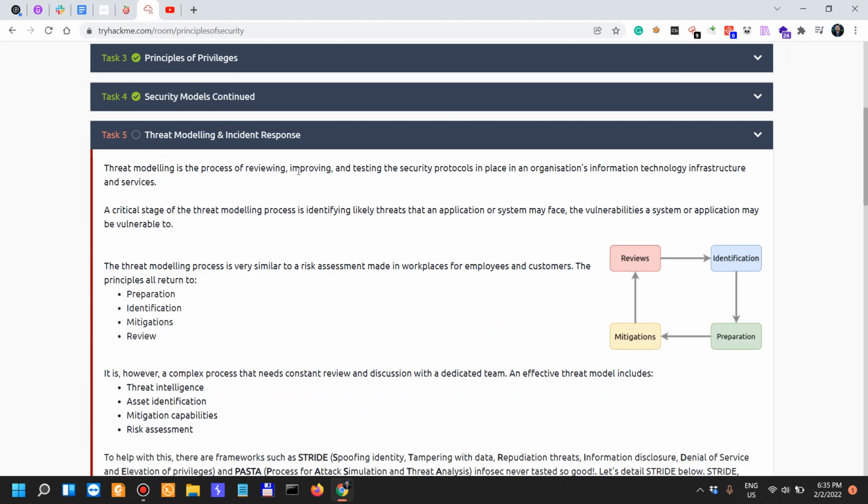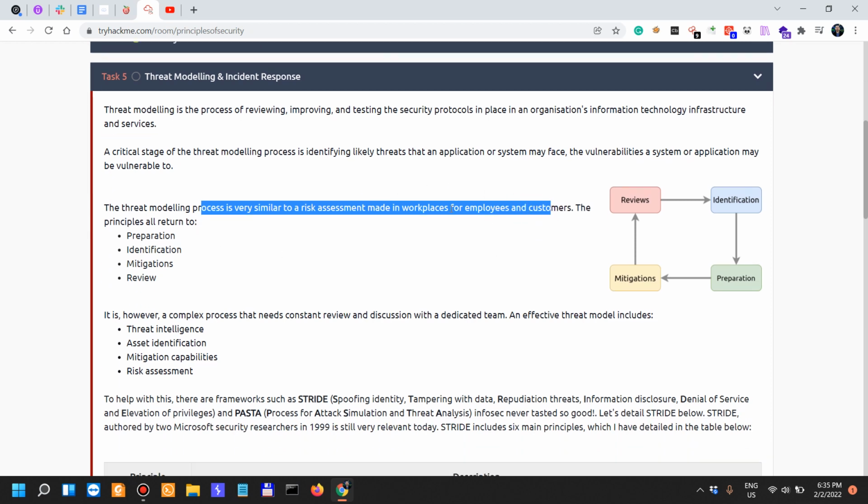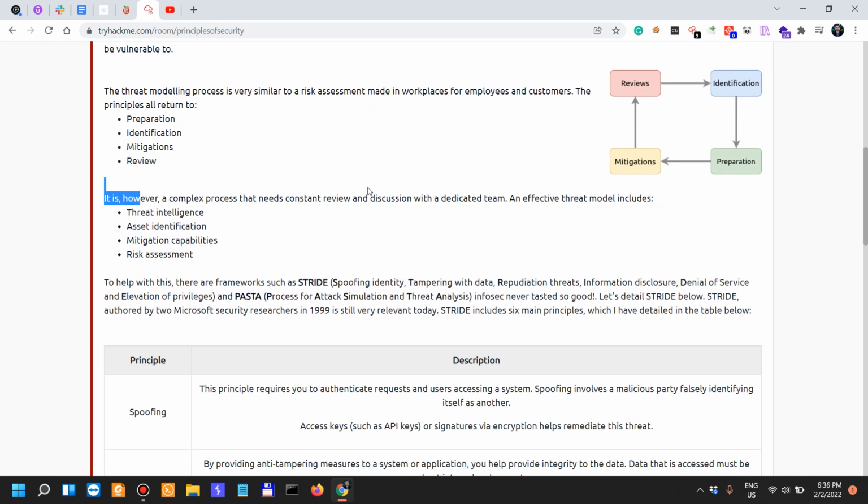Threat modeling is the process of reviewing, improving, and testing the security protocols in place in an organization's information technology infrastructure and services. The threat modeling process is very similar to a risk assessment made in workplaces for employees and customers. So, threat modeling involves preparation, identification, mitigation, and reviews. It is, however, a complex process that needs constant review. An effective threat model includes threat intelligence, asset identification,